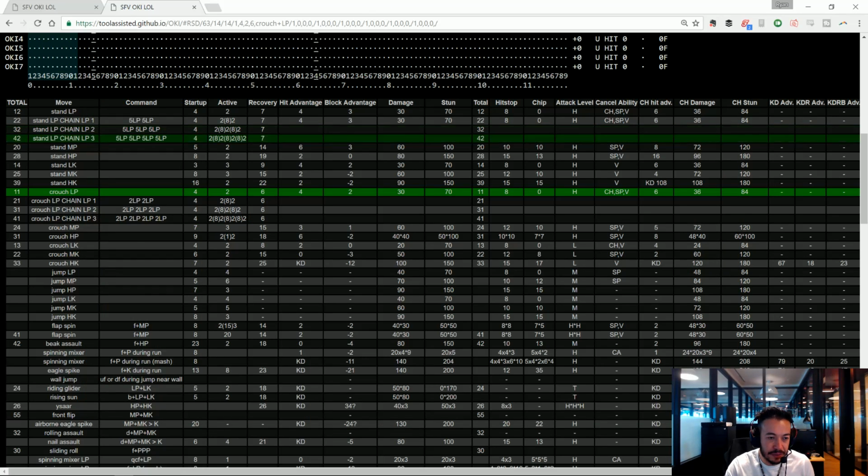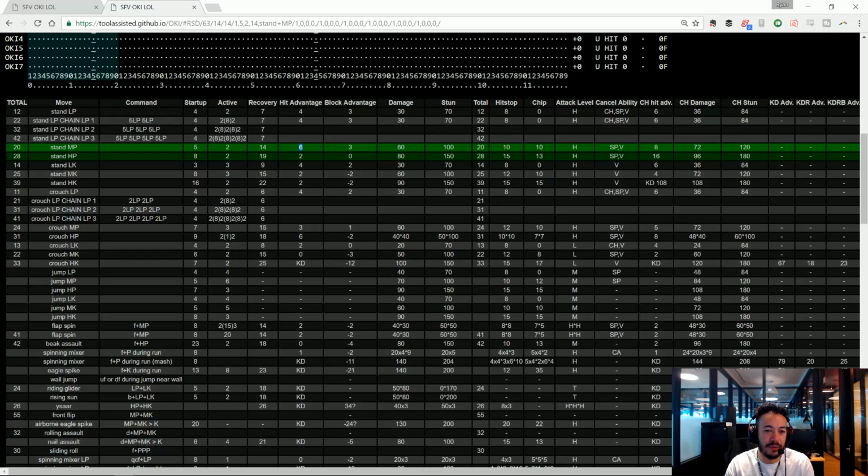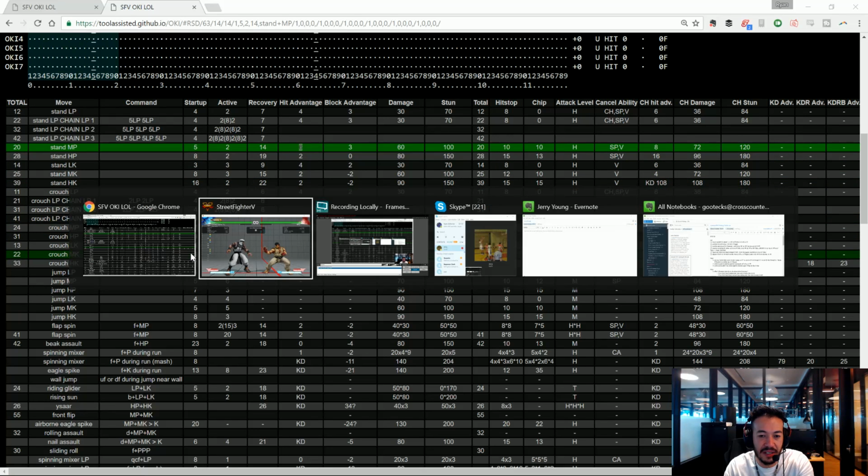So we can look at the frame data for medium punch, and in the counter hit advantage column you can see that it's +8. In the hit advantage column, it's +6. That means if I hit you with medium punch and it doesn't score counter hit, I'm +6. But if it scores a counter hit, I'm +8. So +6 gets us crouching medium kick, and